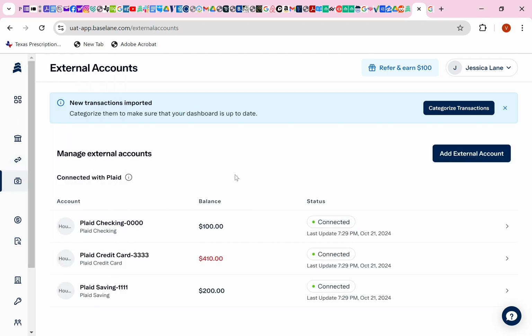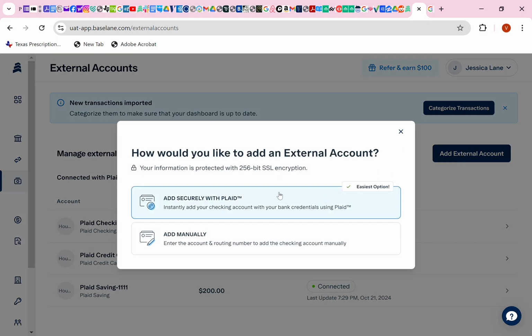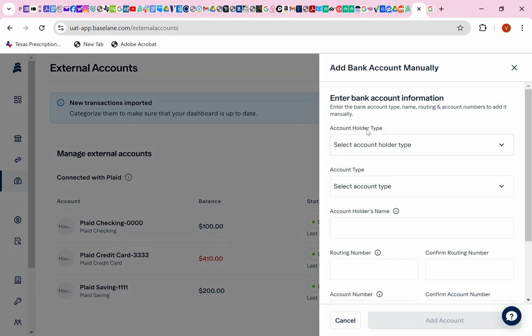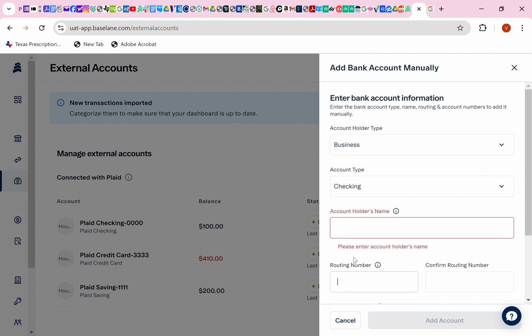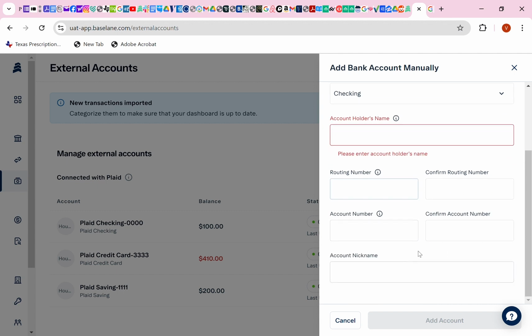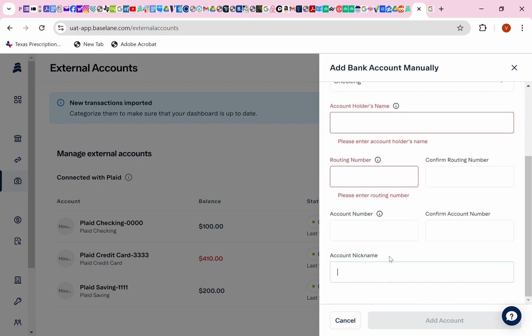In terms of external accounts, this is also very easy. There's two different ways you can add an external account. So if you're banking with different banks such as Bank of America or Wells Fargo, what have you. You can either add that account manually by choosing the drop-down list, the account type, savings or checking, account holder's name, routing number, account number, and you can rename it